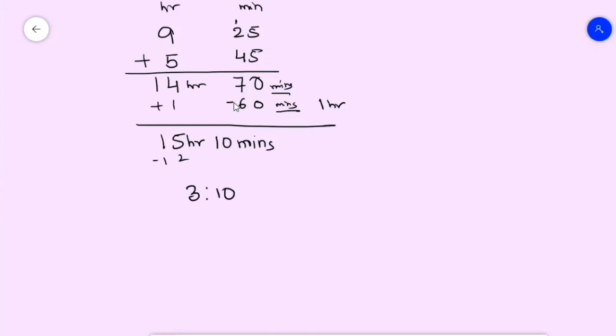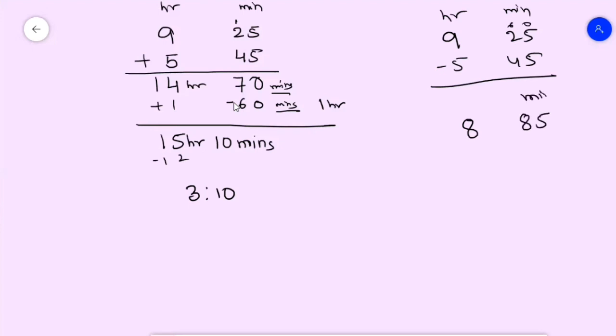So this is for addition. And same number, suppose you want to subtract. This is hour and this one is minute. If you want to subtract this one, now you can't subtract, correct? 25 minus 45 you can't do. So what I will do, I will make this 9 as 8 because 1 hour I am giving here. So this will be 60 plus 25, that is 85.